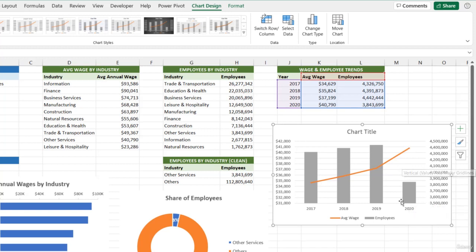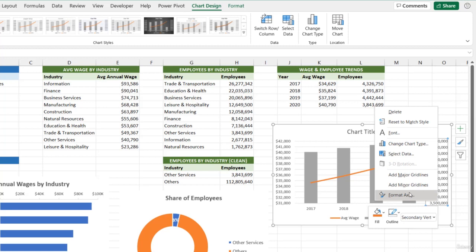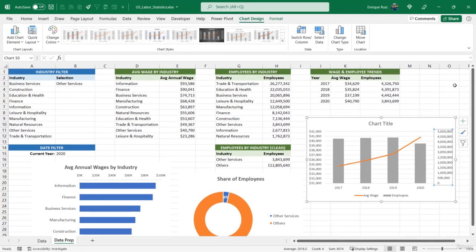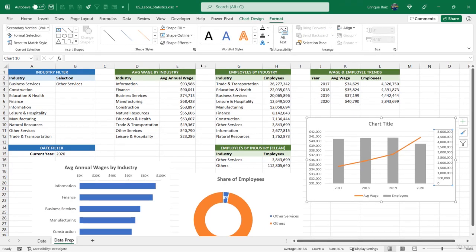Now, because we are showing columns, it's important that the baseline does start at 0. So let's modify that. Right click, Format Axis, and we want the minimum to be 0. Close out of that. And let's continue with the formatting. Let's remove the shape outline, remove these grid lines,